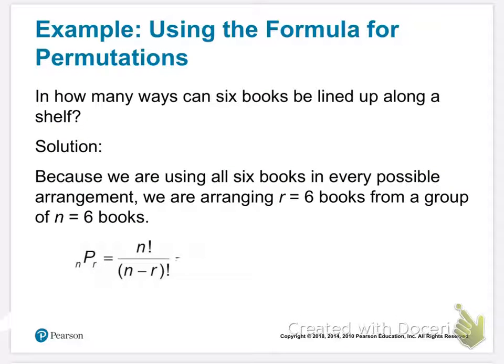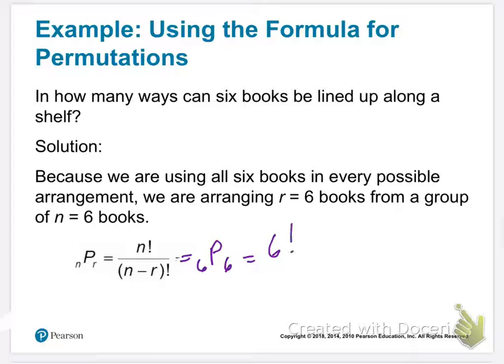Okay, so in how many ways can 6 books be lined up along this shelf? Because we are going to be using all 6 books in every possible arrangement, our R is 6, because that's the total books, and we're choosing 6 books from that group. So we have our N, which is 6, P, which is 6. So from a total of 6, we're choosing 6, which means we can rewrite these as